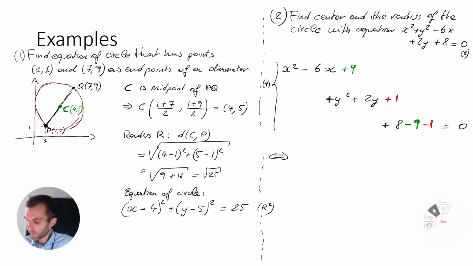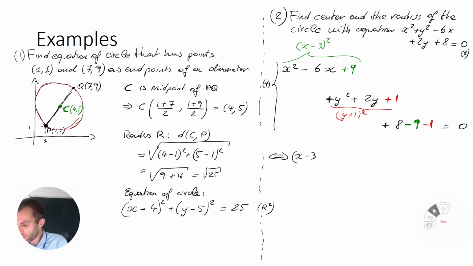Well, if you look at this expression for a little bit, you can write this as x minus 3 squared, and you can write this as y plus 1 squared. And so now if you collect everything, we get x minus 3 squared plus y plus 1 squared,